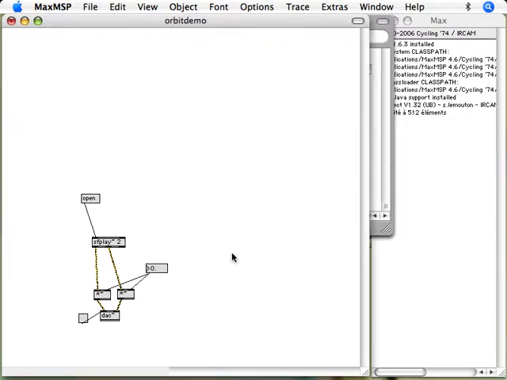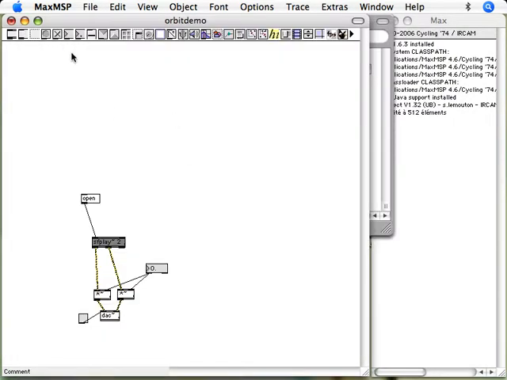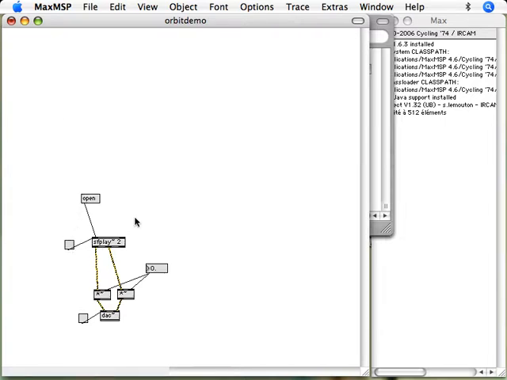And then to play it, if I remember correctly, I'm just going to check the help file. I think I can play it just by sending a 0 or a 1, which means I ought to be able to play it with just a checkbox. Let's see if this works. Turn audio on first. And that doesn't work, maybe because my volume's down at 0. Yeah, there we go. So that open message has told sfplay to open a file,